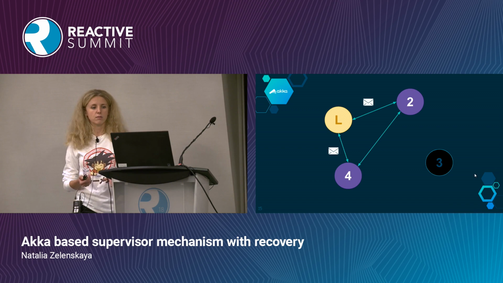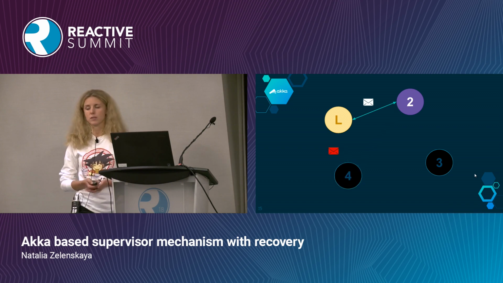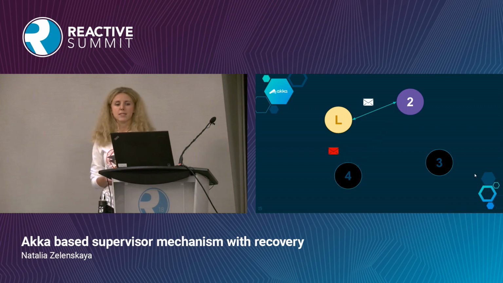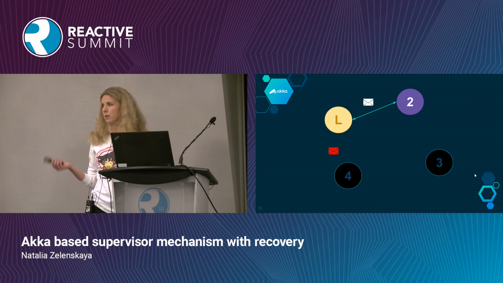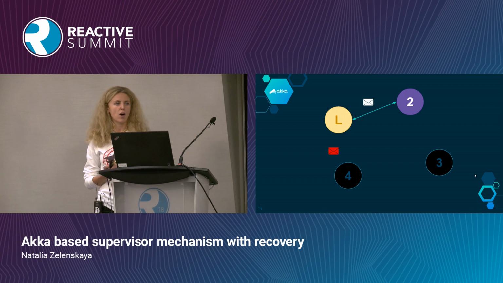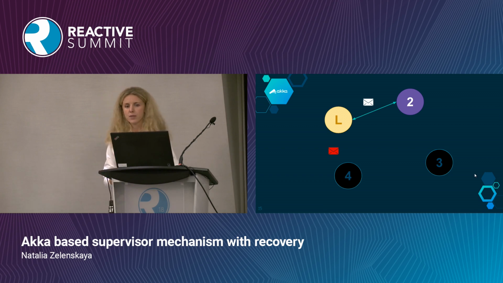But in this scenario, node number 4 goes down as well. So it probably didn't have enough time to update the recovery points and say that this work now belongs to node number 4. It still belongs to node number 3, but it was not processed. So we have orphan records, and we cannot say that node number 3 has been successfully recovered. So how can we handle this situation?